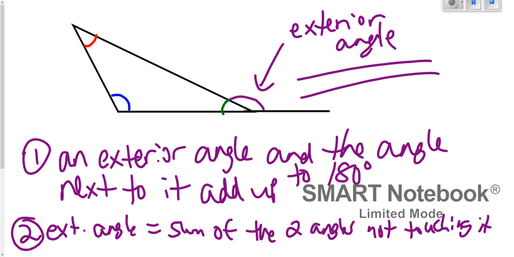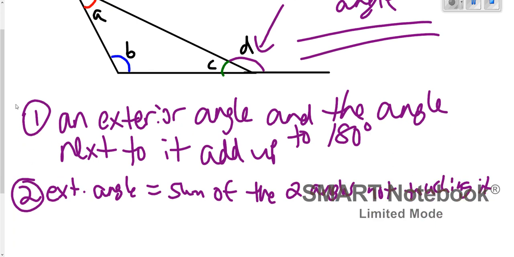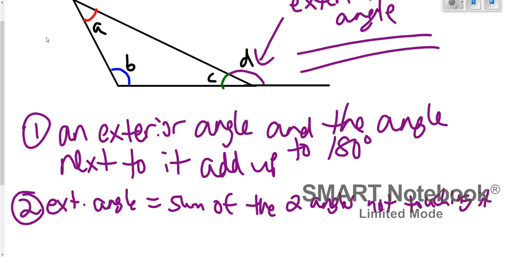And there's a more mathy definition than what I just wrote, but that's what I'm going to go with. Let's call these angles A, B, C, and this purple one D. So to put it into an equation, angle D, the exterior angle, equals angle A plus angle B. So this one right here equals the sum of the two angles that are not touching it. So that's one way to find it. Or looking at number one, angle C plus angle D